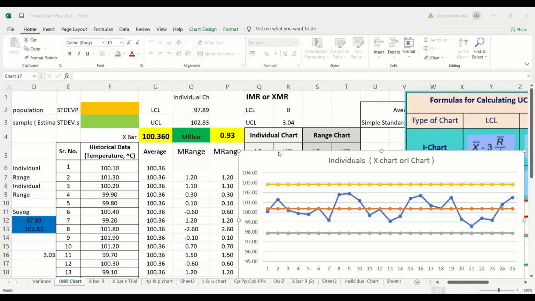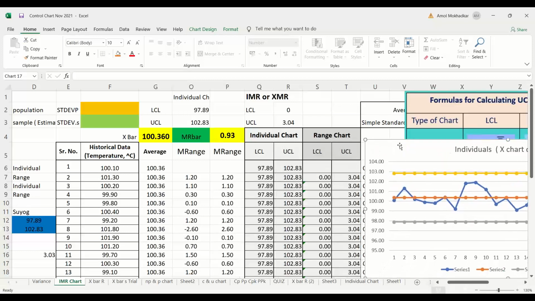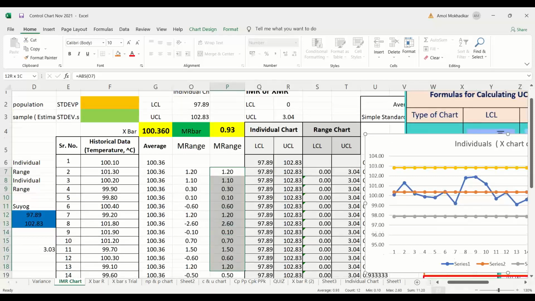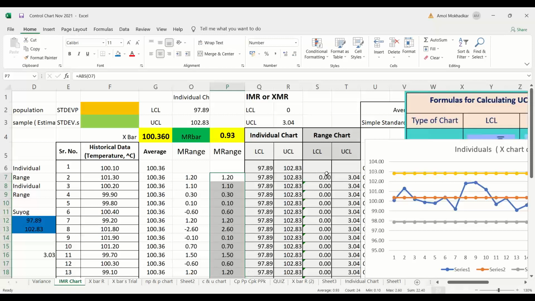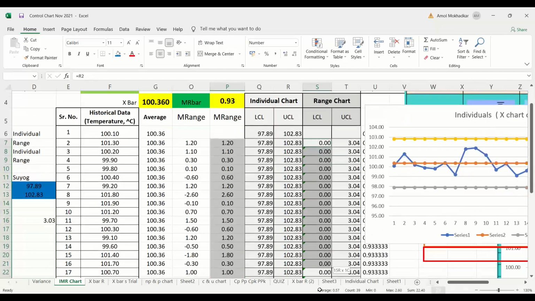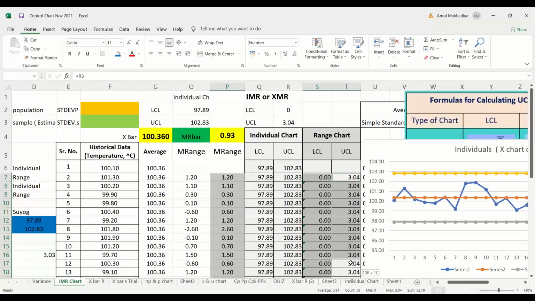Okay, so now again you need to make the range chart. How will you make the range chart? Again select the range data. This is your range data. This is your data. Then you go to the LCL and UCL. This is your LCL. This is your UCL.